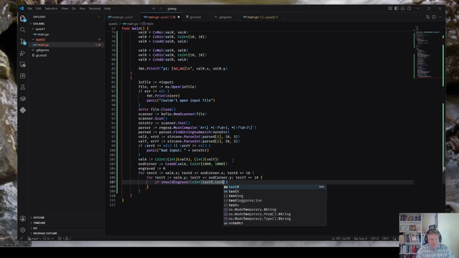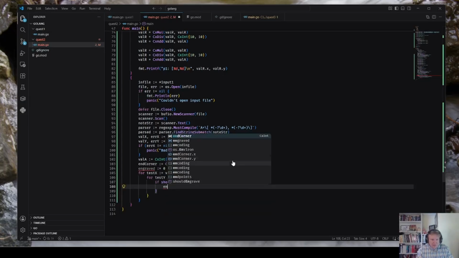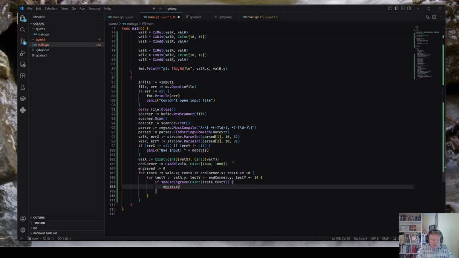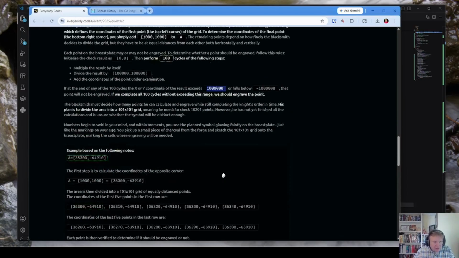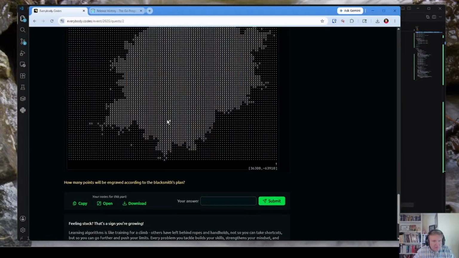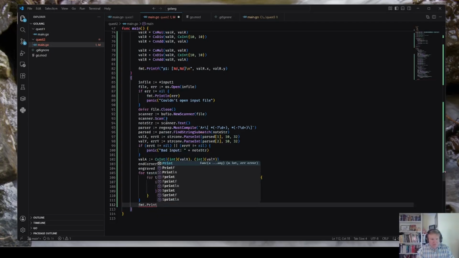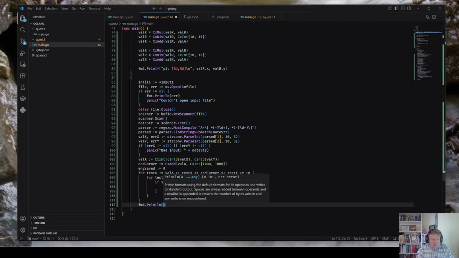x, okay, and then we just want the number of print line.